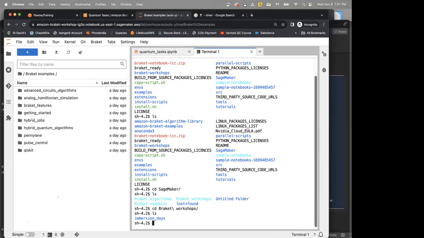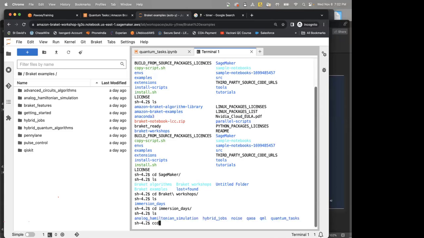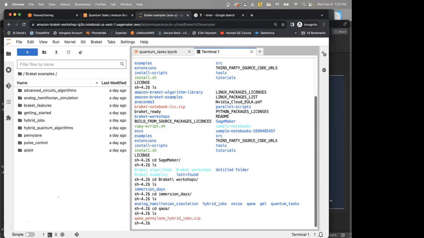Is everyone with me so far? Okay, so we need to open the terminal. For that, you need to click on this plus sign up here. That will open the terminal, and then we go to that directory. Go to immersion days. Then we go to QAOA, and up here we have the QAOA penny zip file. So here we need to unzip this.